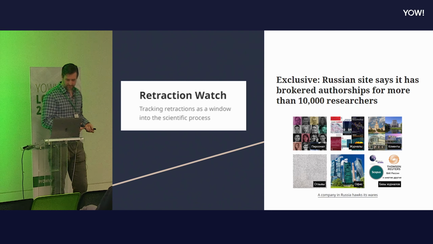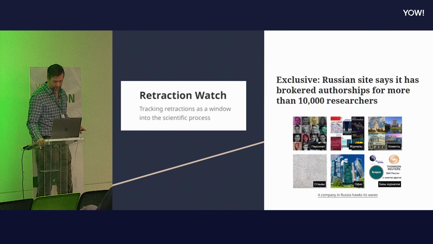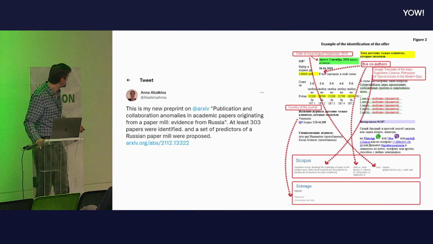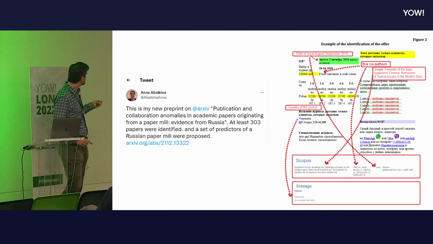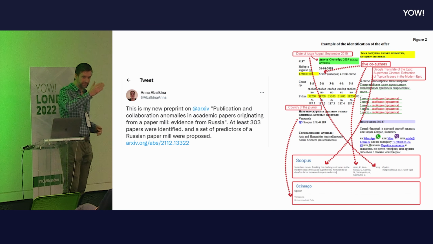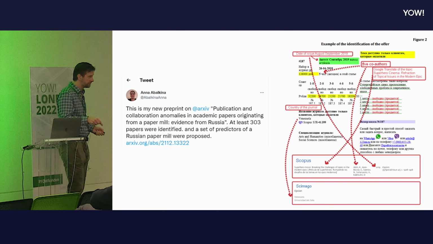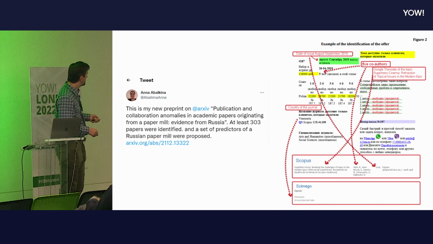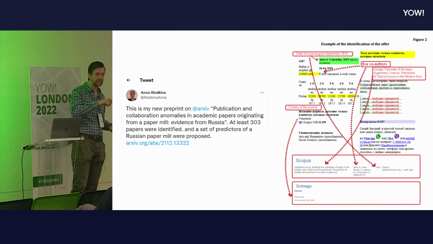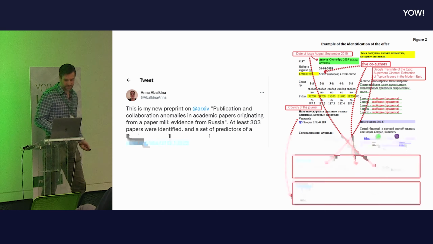Might seem a bit daft to do that, because what happened was Anna Abokina, she's a researcher in Berlin. She went through that website. It was all in Russian, but she translated it into English, searched for all of those papers, found out where they all got published, figured out who all the authors were who had paid to get their name on those papers.